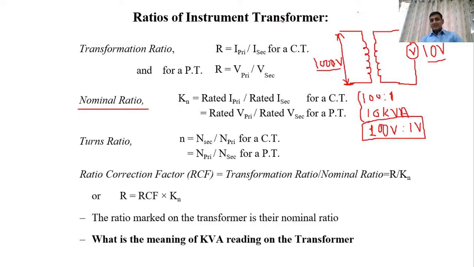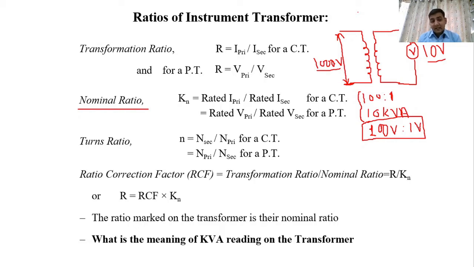So this transformer ratio, which is 1000 to 10, and the nominal ratio, which is 100 to 1, can be different. Okay. So in the ideal case, transformer ratio and nominal ratio are equal, but